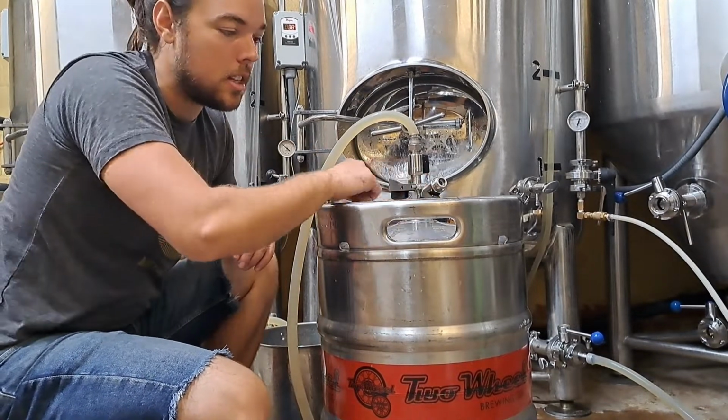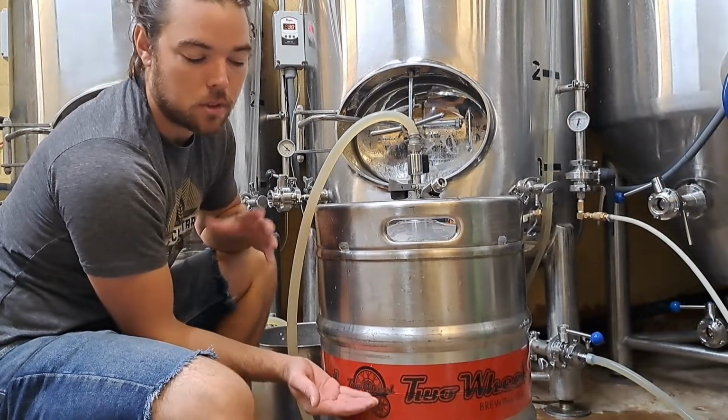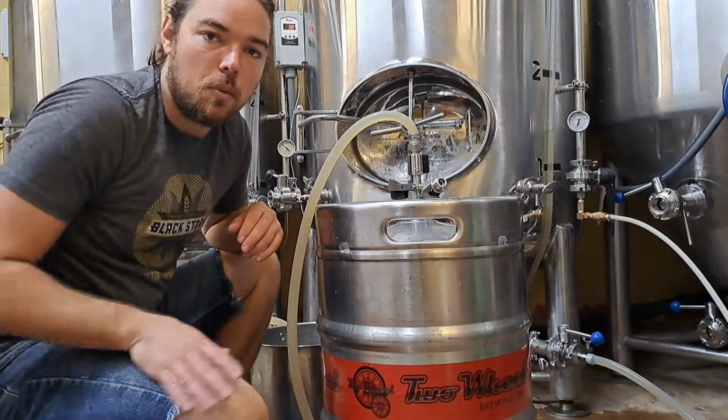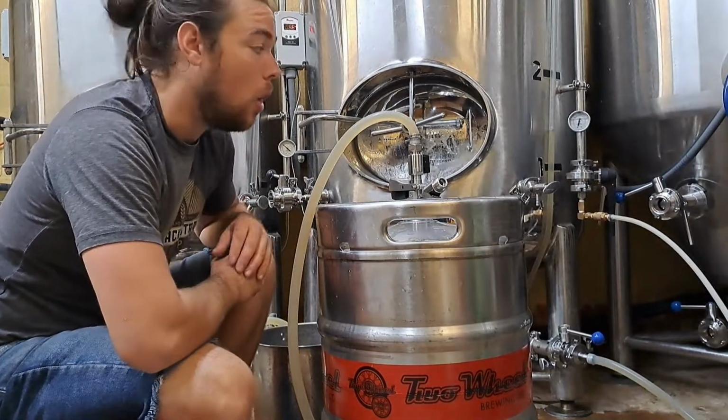This is bleeding off pressure, and this beer level will continue to rise over the course of about six minutes or so, maybe a little faster. So I guess we'll just let that go. Oh, one other thing,